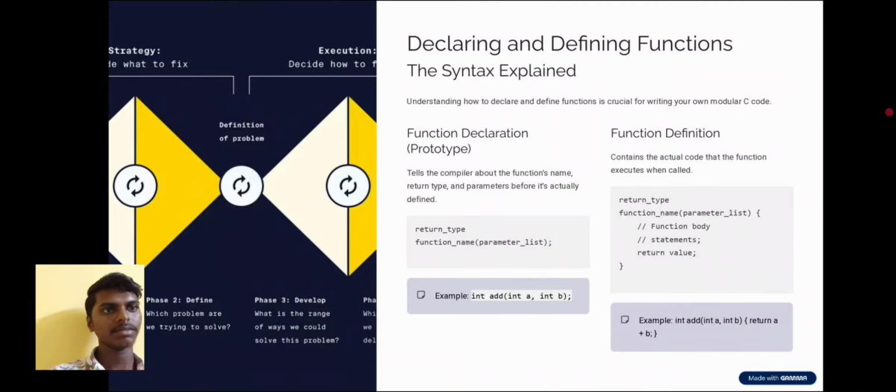Function definition. It contains the actual code that the function executes when called. Syntax: return type, function name, parameter list, return value, close brackets. Example: int addition(int a, int b) { return a + b; }